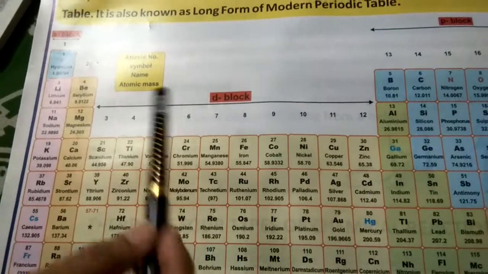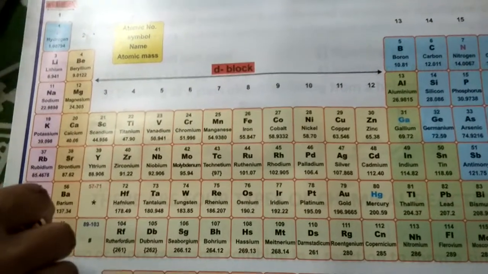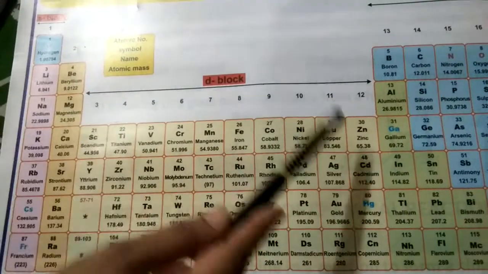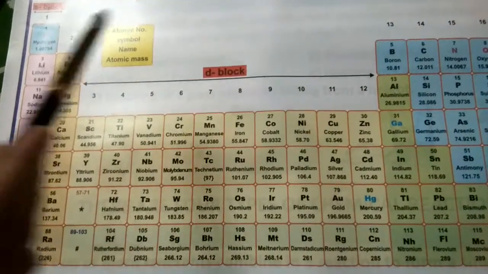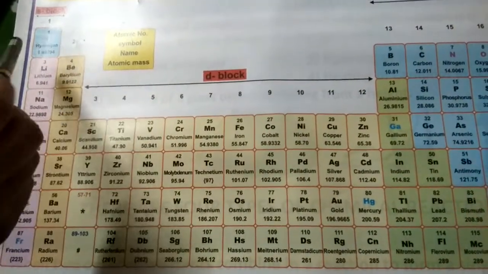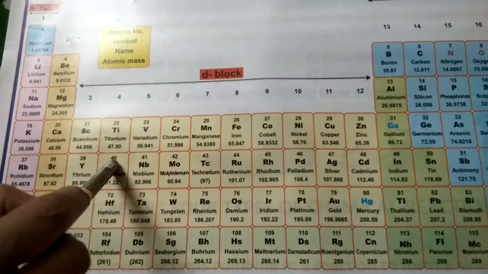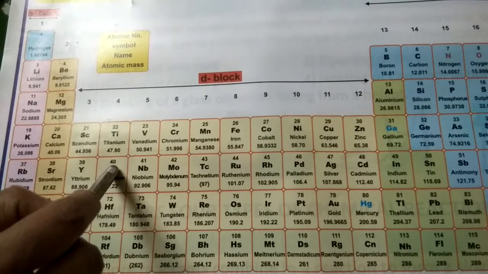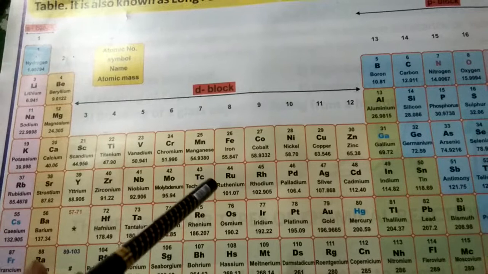Then we saw the groups. The vertical columns are the groups, and the horizontal rows are the periods. Then we saw the electronic configuration of all these elements. We saw the periods and electronic configuration, groups and electronic configuration.